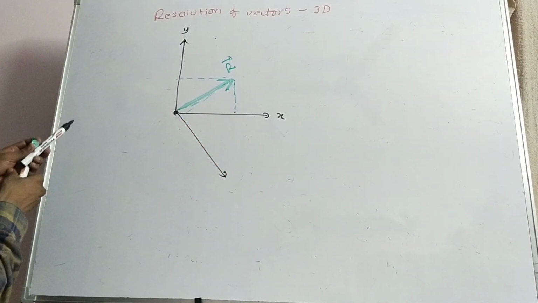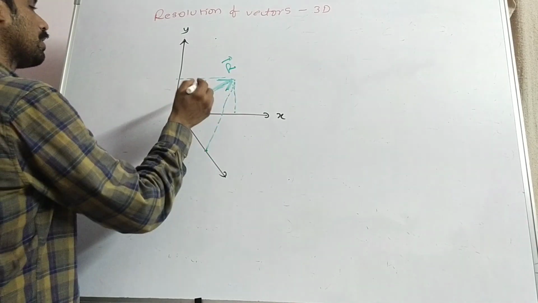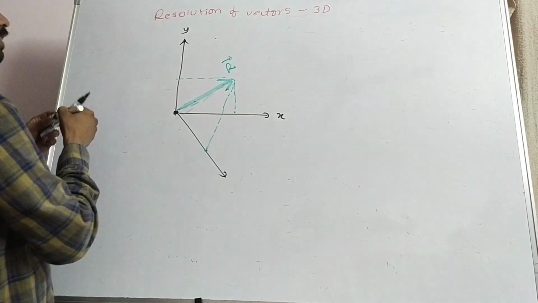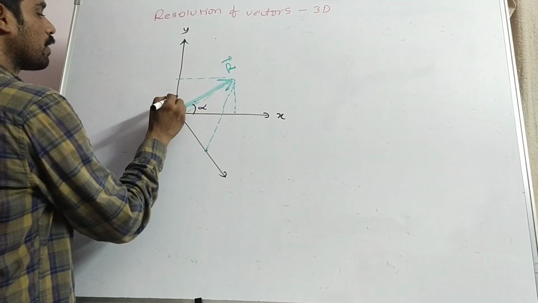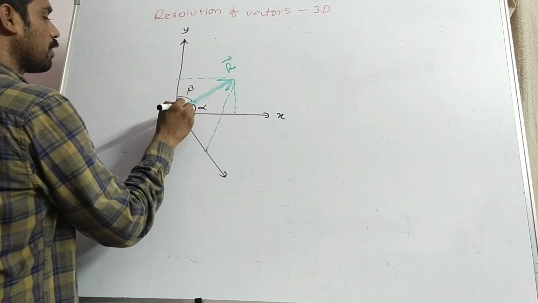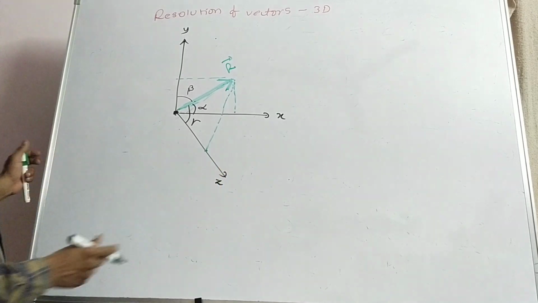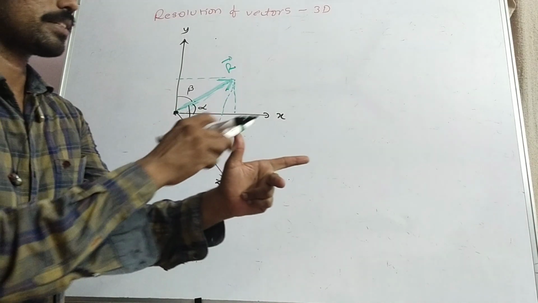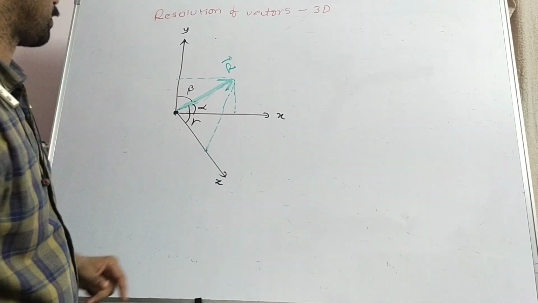Okay, now from here to here, that is the angle made with the x-axis, say alpha, with the y-axis is beta, with the z-axis is say gamma. In three dimensions, the x-axis, y-axis and z-axis, these three are orthogonal, mutually perpendicular to each other, of course.